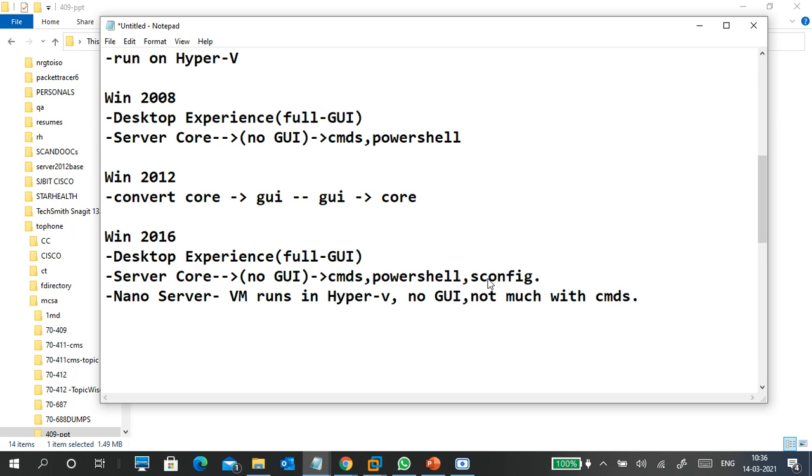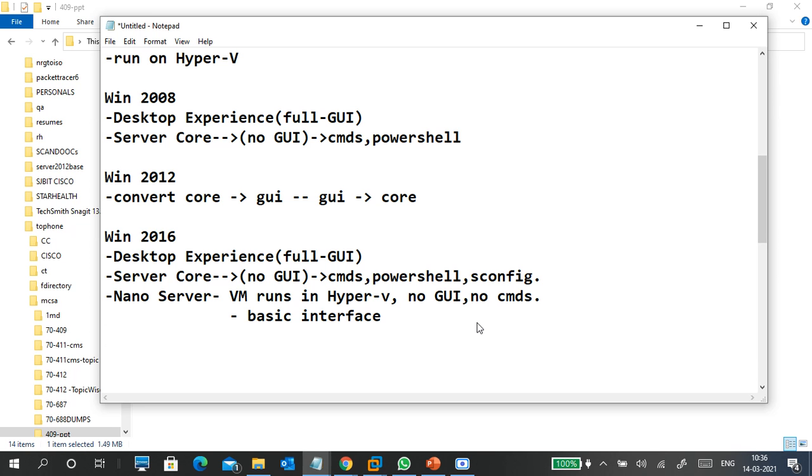Nano servers usually have a basic interface to see. No CMDs also. No CMD, no PowerShell, nothing. You have to manage remotely.